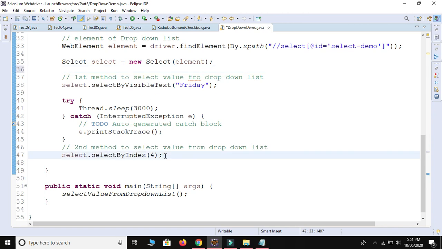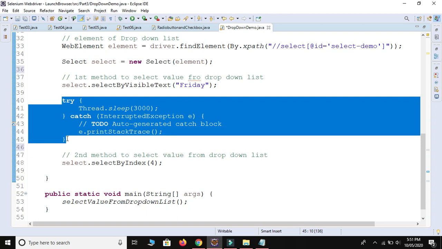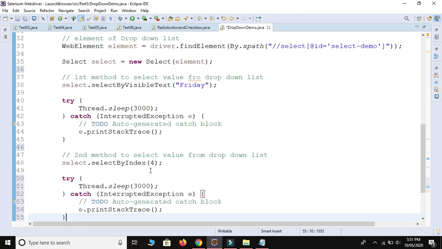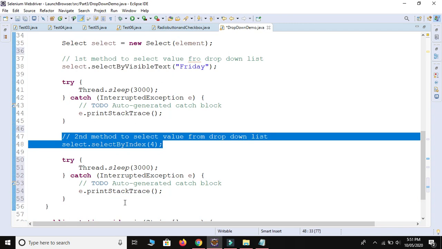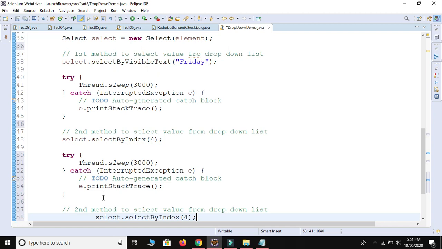So it's time to use our third method. Let me copy this try catch block, because we provide some wait after selecting the value from the select class. So this is the wait, and let me copy this and paste here. Okay, this is our third method to select a value from the drop down.